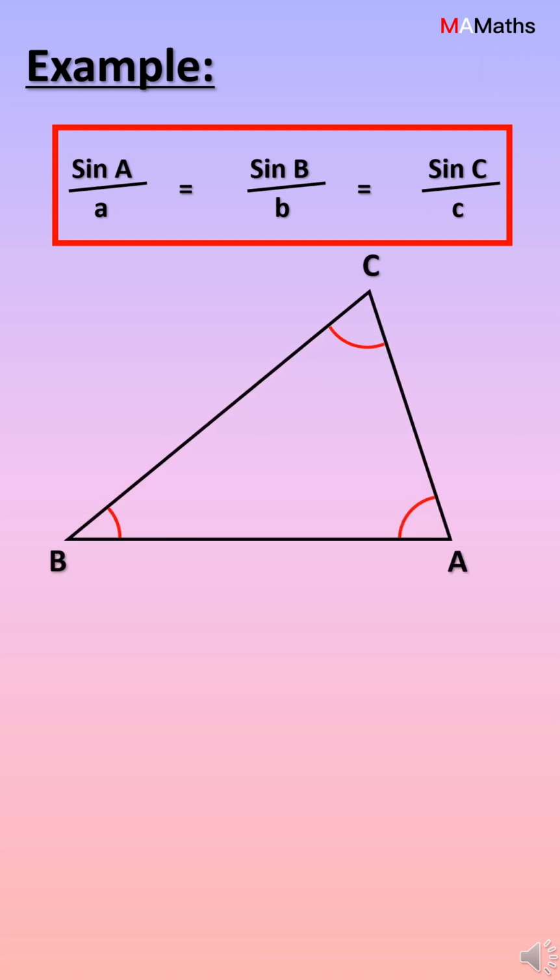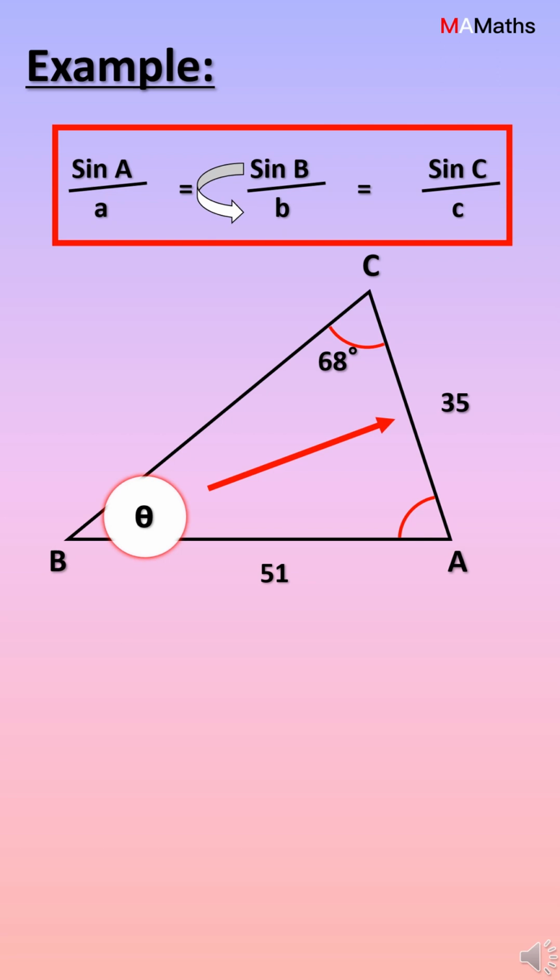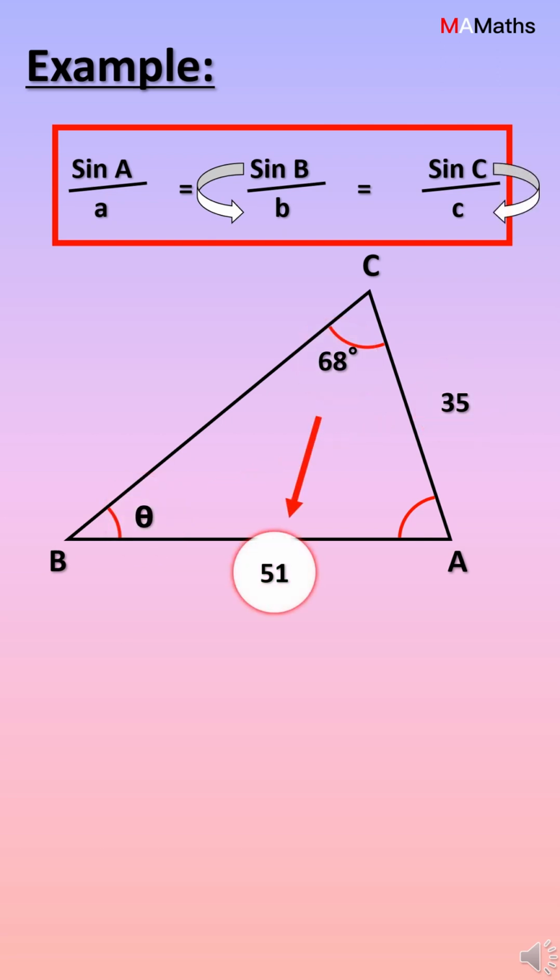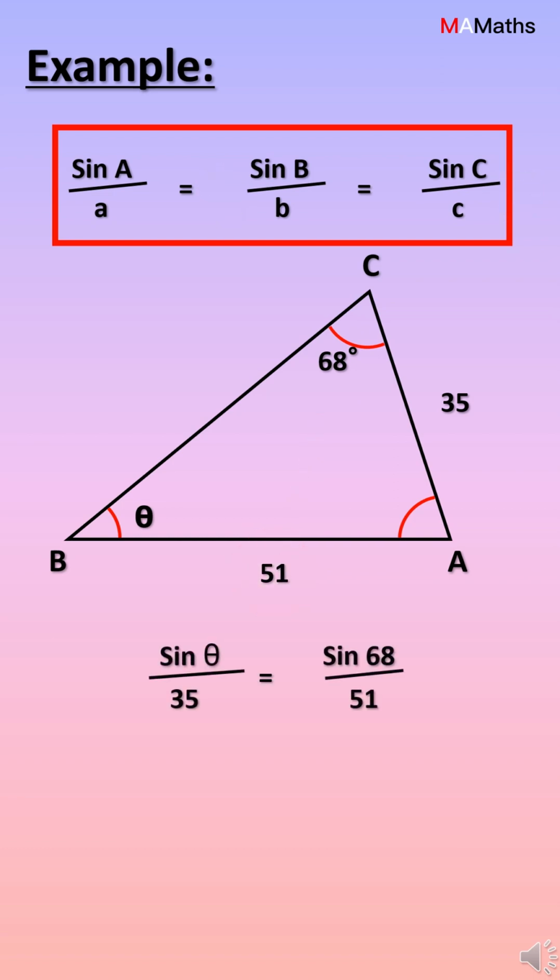In this triangle, we have side c, which is 51, and side b, which is 35. And we have the opposing angle to side c, which is 68 degrees. And we're looking for the opposing angle to side b, which we'll call theta. So using the rule, sine B over lowercase b is equal to sine C over lowercase c. Substituting in, sine theta over 35 is equal to sine 68 over 51. Making sine theta the subject, sine theta is equal to 35 times sine 68 over 51, which is approximately equal to